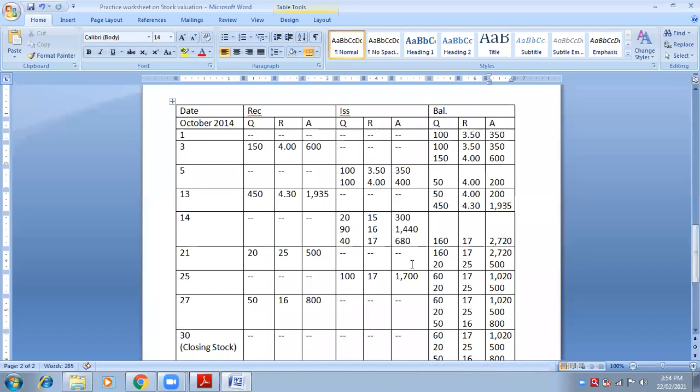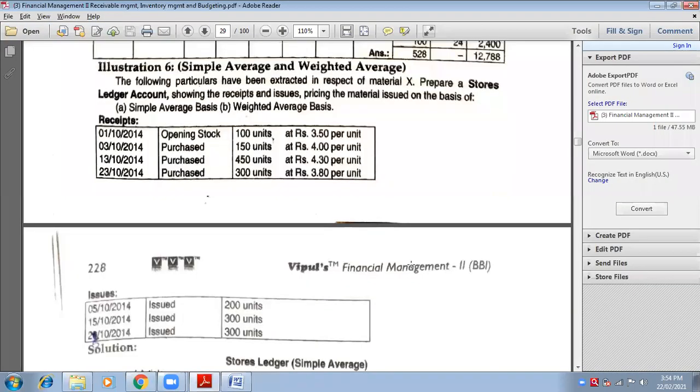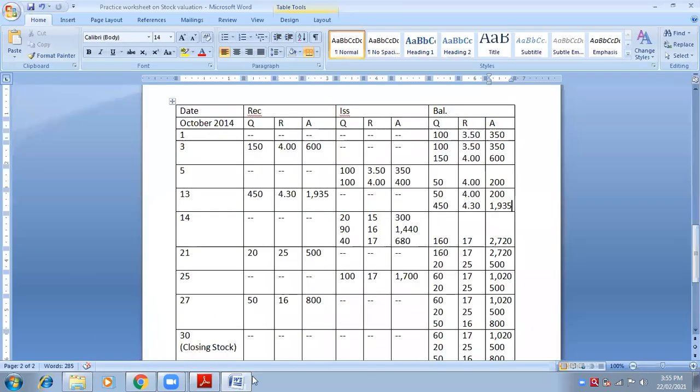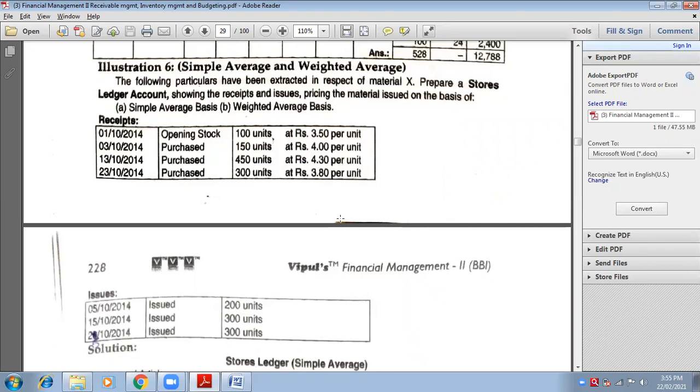Yes, ma'am. So you have to go on drawing the lines. Take a line out from below the 13th date, because the date is over. The transactions of the 13th date are over. Now, after 13th, which date do we have according to chronological order? 15th. What happens on the 15th? Issue or receipt? Issued. How much issued? 300 units. Very good. So after the 13th date, here I will write 15th. Receipt column will be nil. And how many units are to be issued?